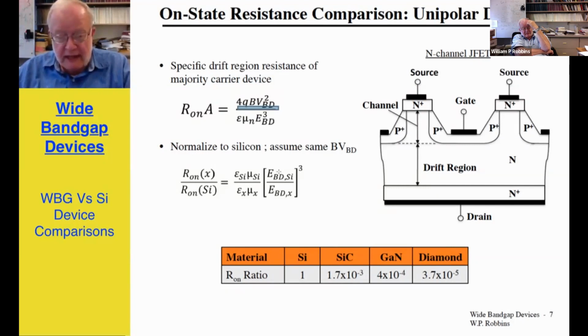If we normalize that to silicon and assume the same breakdown voltage for all types of devices, similar devices made out of the four different materials, the on-state resistance ratio in silicon is 1. Silicon carbide is about 10 to the minus 3. In gallium nitride it's 4 times 10 to the minus 4, and in diamond it's 4 times 10 to the minus 5. Again showing why the breakdown field strength is the most important thing in determining on-state resistance and thus